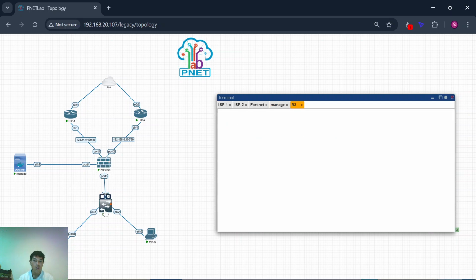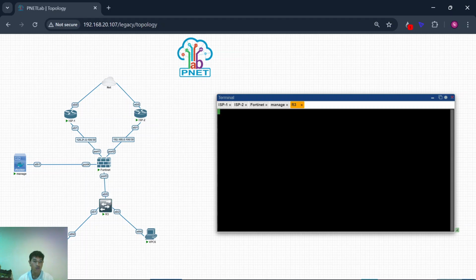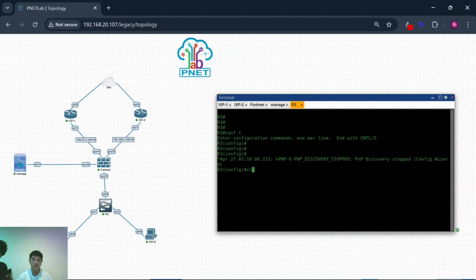Before you configure this device, you go to the Cisco switch device and enter. We have to configure trunk and switch access. Create VLAN 10, name VLAN 10, and create VLAN 20, name VLAN 20.